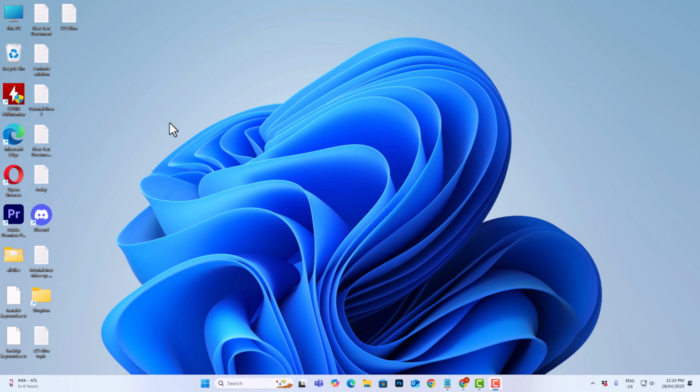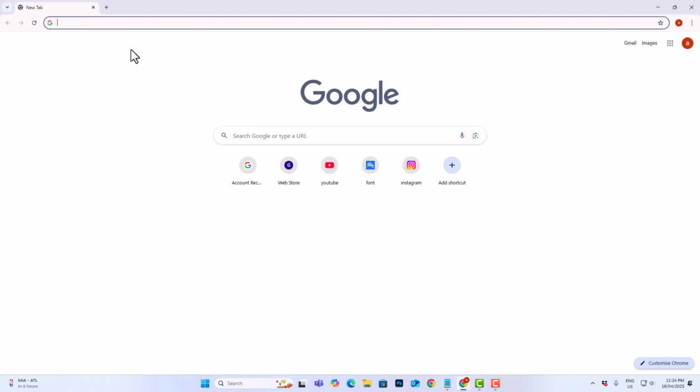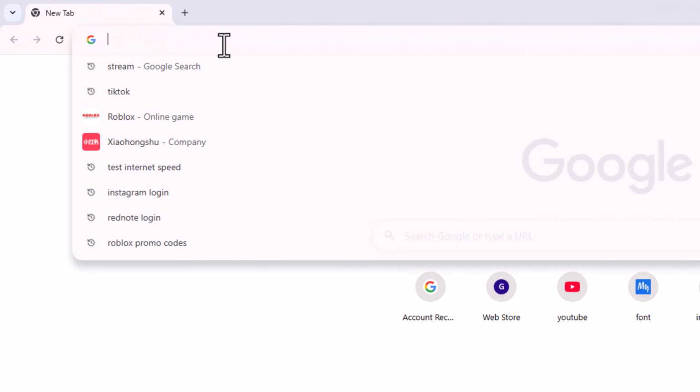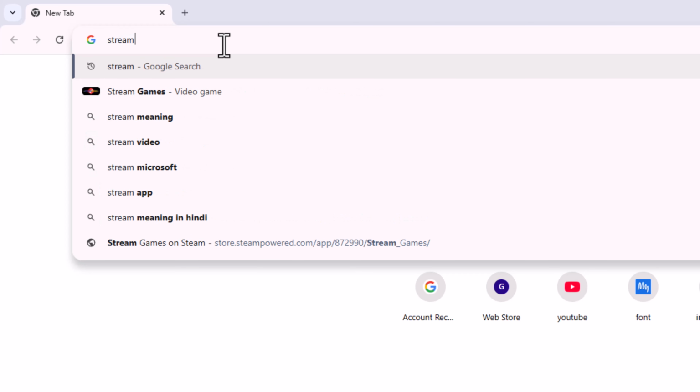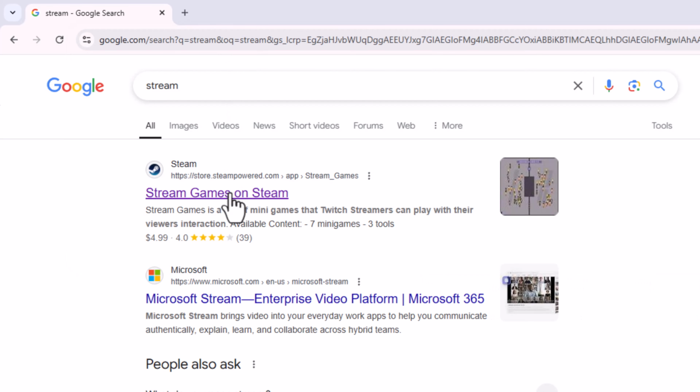Show you how to create a Steam account. So at first, open any browser, like I'm opening my Chrome browser. Go to the search option, search for Steam. Okay, press on this link